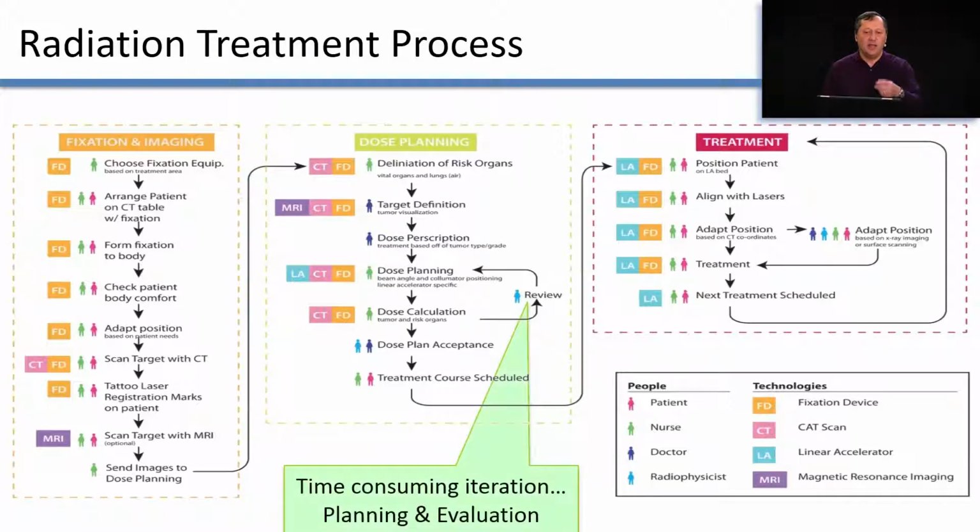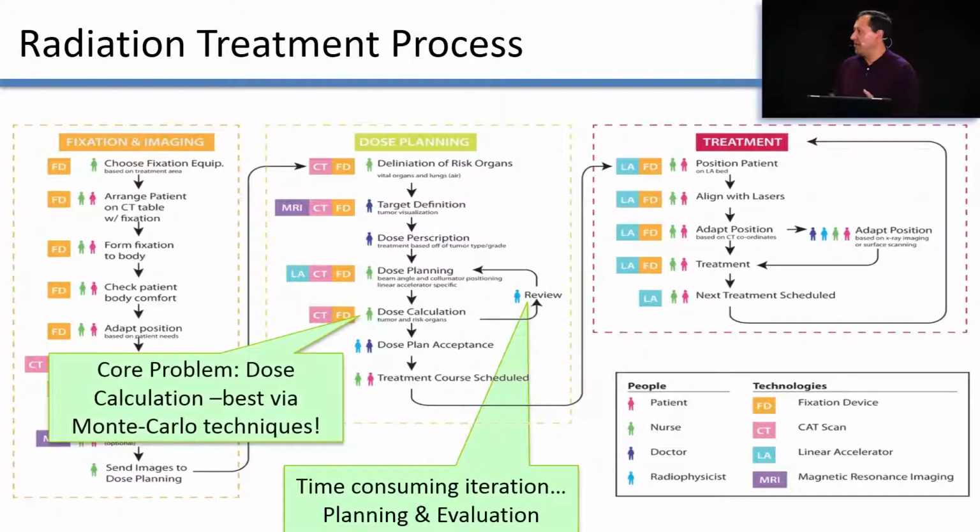In this process in the middle, the expensive process, there are two parts that are quite time-consuming. The first one is called dose planning. This is the one where they are trying to figure out what is the best beam to get to this tumor while maybe leaving some other part of the body safe. And then the other part is called dose calculation, which says, if I put this beam into this patient, where will the energy go? Will it go to the correct place in the patient?